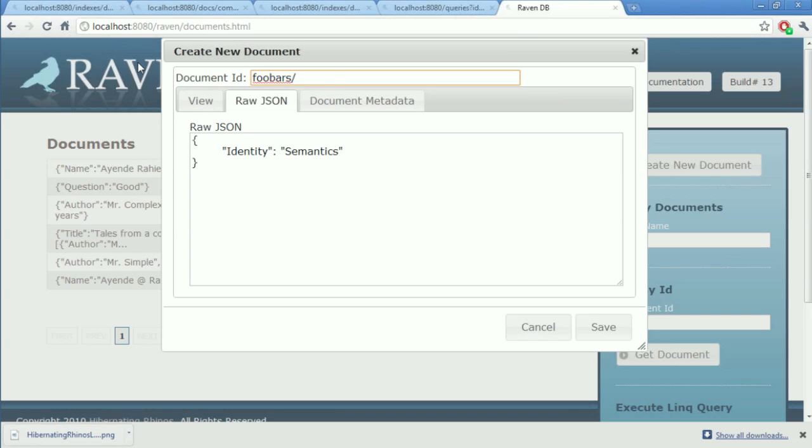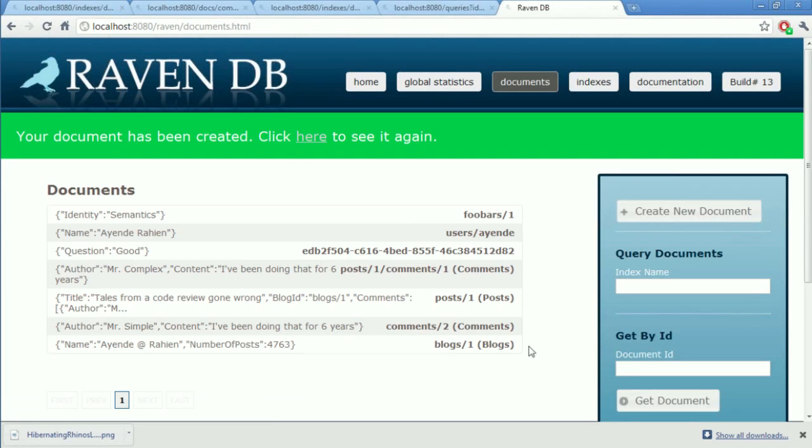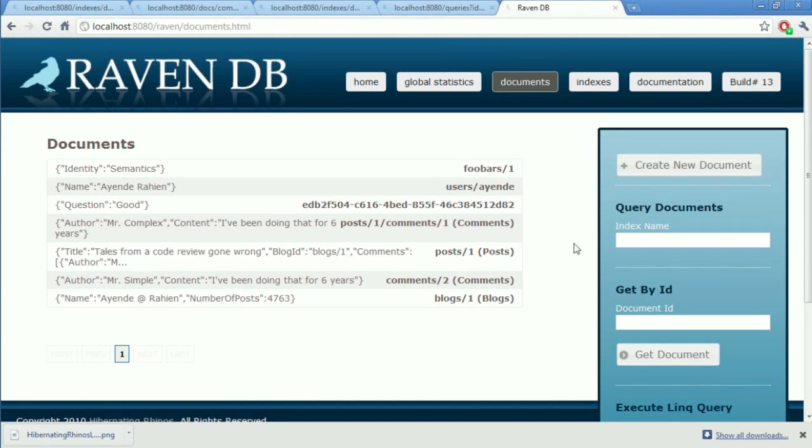RavenDB does not allow you to end a document ID with a slash in a normal name, but it will accept this save and treat it as a request to create an identity. So now we have foo/1.